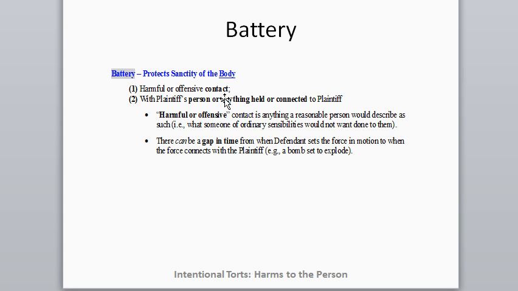Because if you didn't know that, you might be like, well, they didn't actually touch the person. Maybe that's not a battery. No, it is. The rule of thumb here is if someone does something and hurts you intentionally, it's a battery. Harmful or offensive, this is also bar exam alert. It's anything that a reasonable person would describe as such, what someone of ordinary sensibilities would not want done to